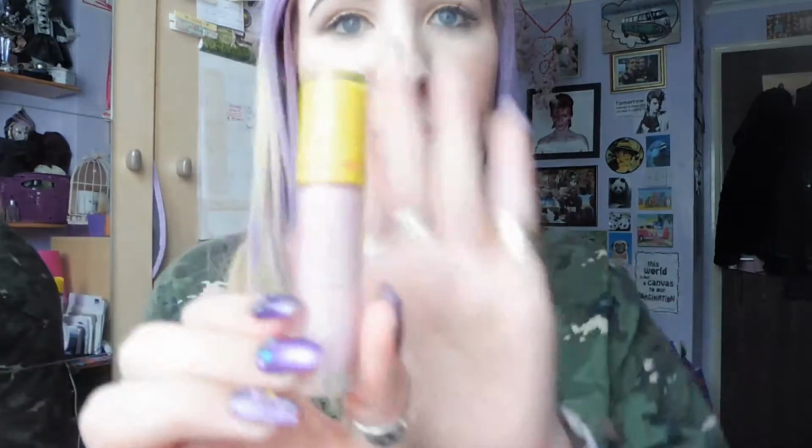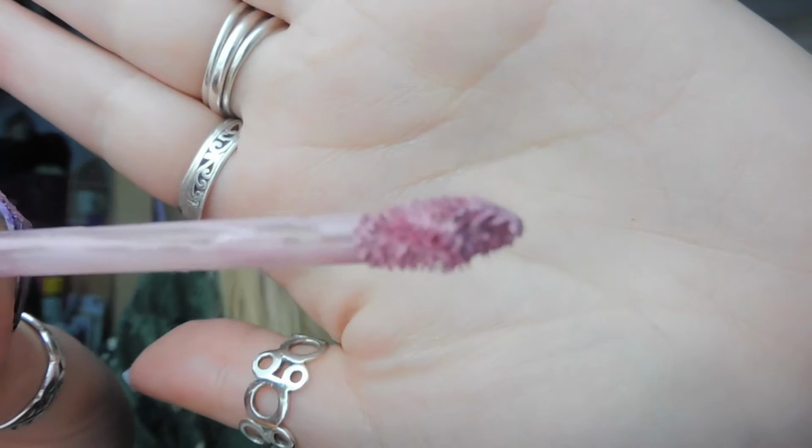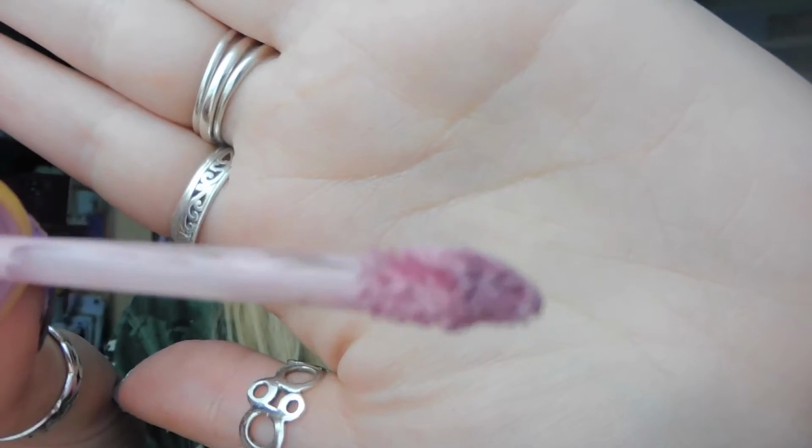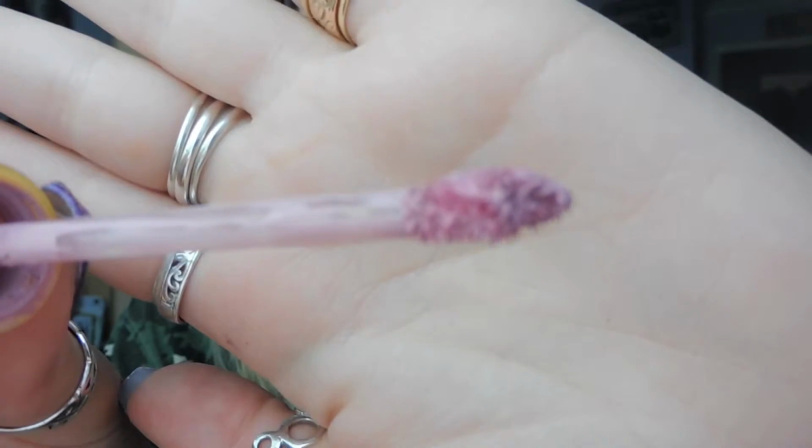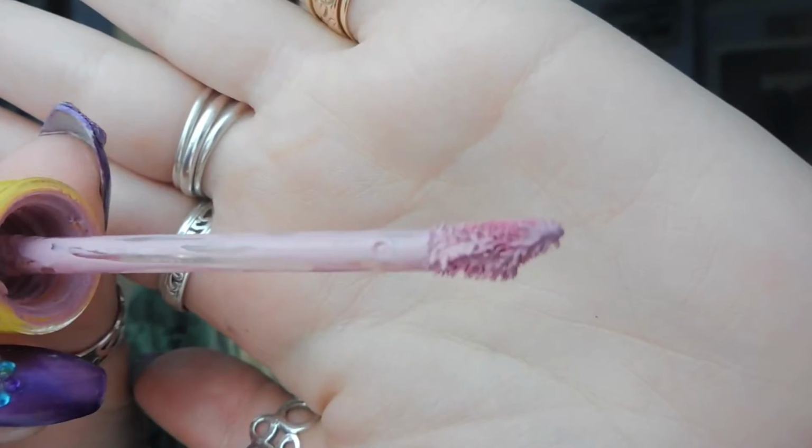Right, next up is another one from the summer collection, and it's this one here, which is Virginity, and that's the one that I've got in that box. I really like this shade. It is one of my favourites. Again, it is quite pale. Let me see if you can see this. Come on, camera, focus. There we go. It is very pale again,